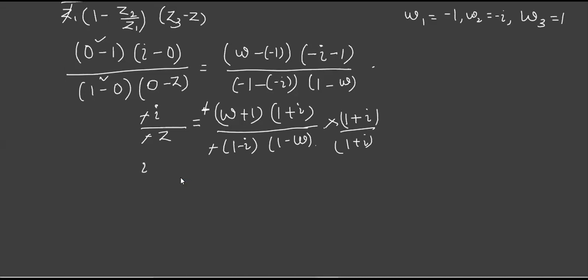Yeah, let us simplify. So this is i by z. So this is w plus 1 as it is, will not disturb. I'll just multiply these two brackets. Isn't it they are the same? So what will it be if I multiply? (1 plus i) the whole square. Whole square, correct? If it is not a whole square, you can just multiply as usual. Even though I would have multiplied it, no problem. Next, this is 1 minus w, I'll write as it is.